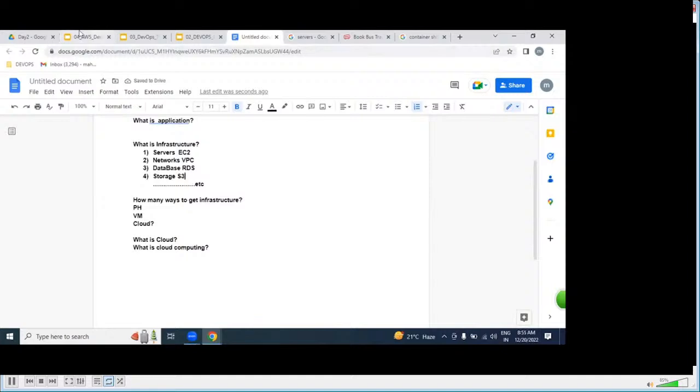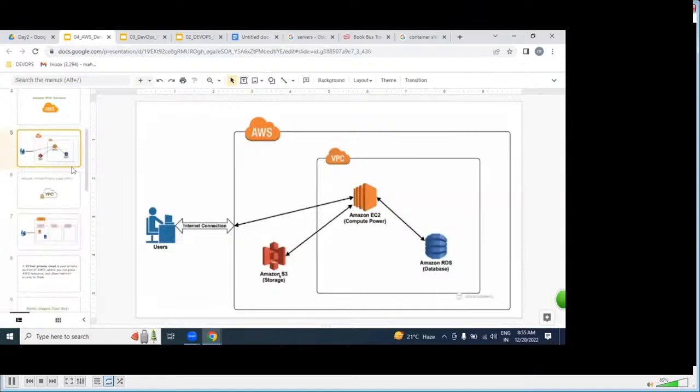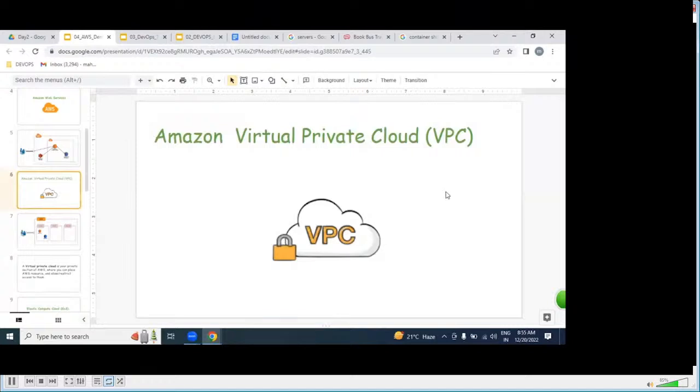But what is a VPC? What is a VPC? Virtual Private Cloud. If you visit any office, we have a physical network, connecting computers with internet cables.